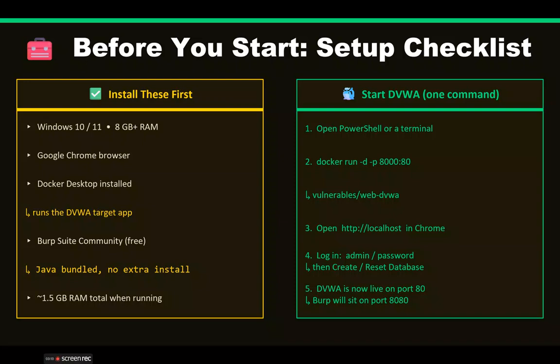Open PowerShell or a terminal and run: docker run -d -p 80:80 vulnerables/web-dvwa. Then open localhost in Chrome, log in with admin and password, and click Create or Reset Database. DVWA is now live on port 80 and Burp will sit on 8080.